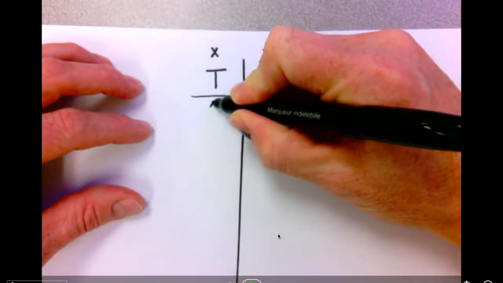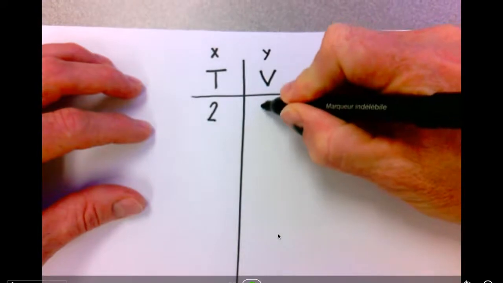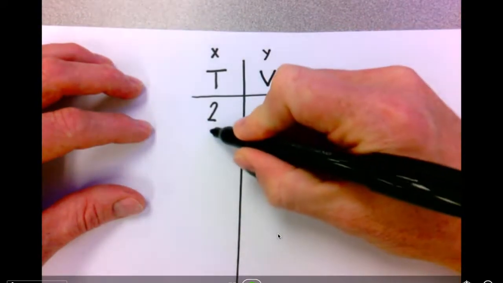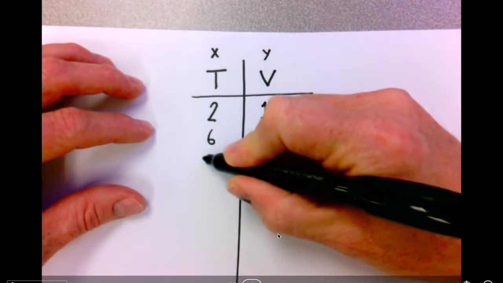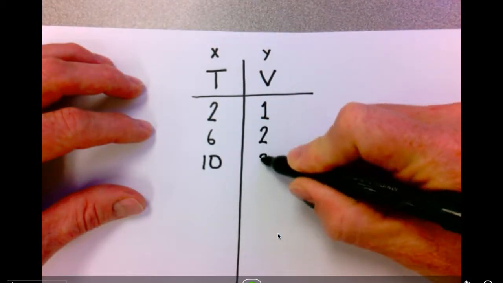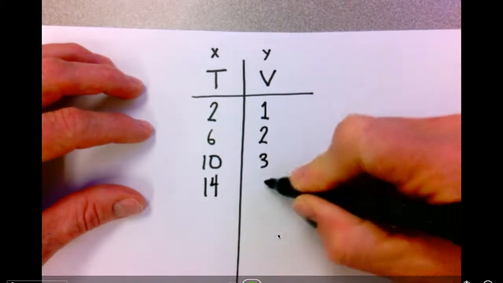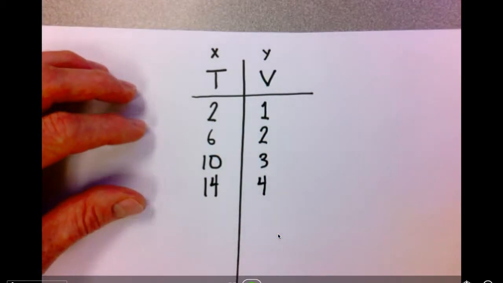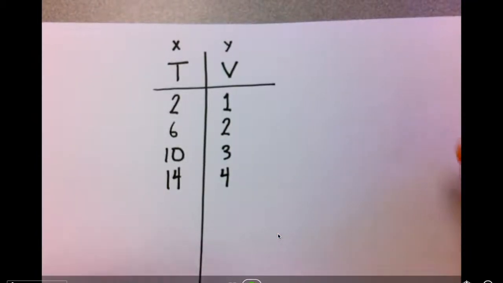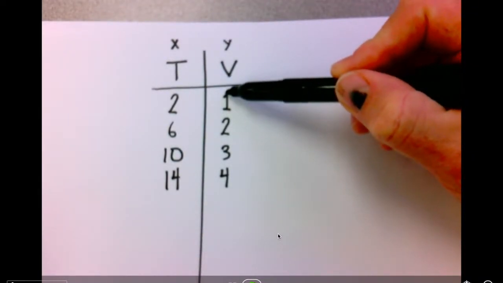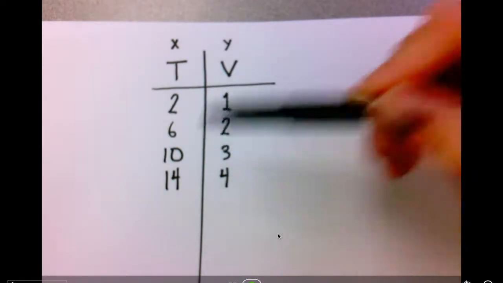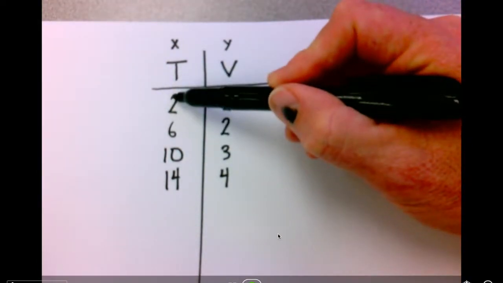So the second term, the value is 1. The sixth term, the value is 2. The 10th term, the value is 3. And the 14th term, the value is 4. So that's interesting because we're not used to seeing the value going up 1, 2, 3, 4, or at least we're not used to seeing the terms go in such a